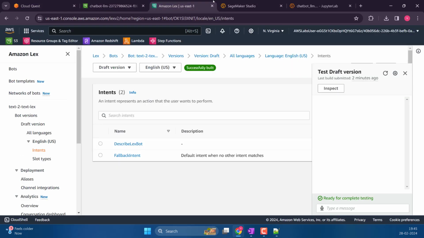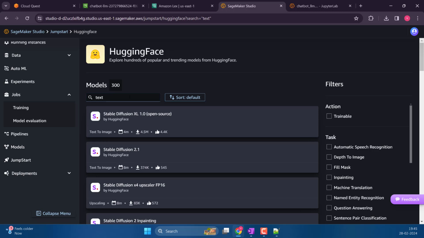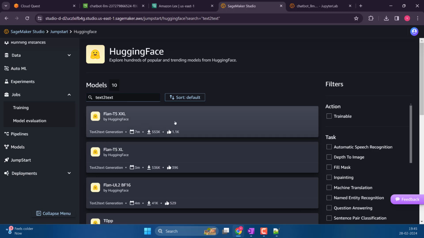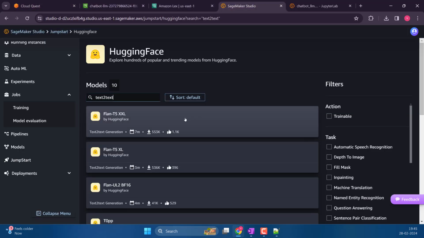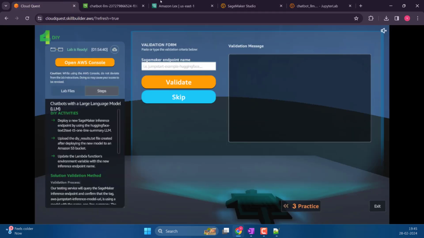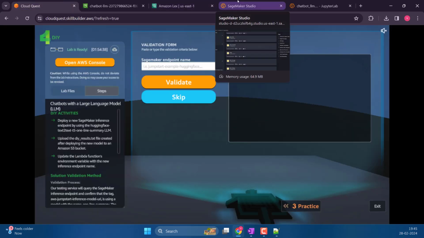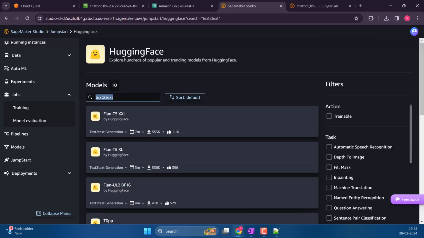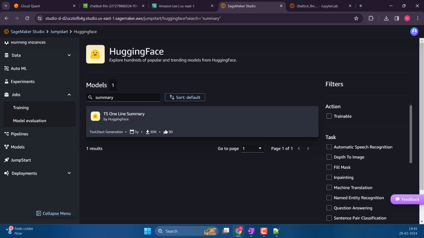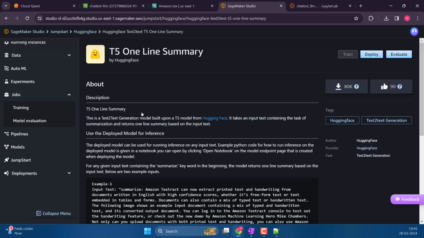Sorry, number two. I mean, they are not even text to text. T5. One line summary. Or maybe that's what I should search with. Okay, this is the one.